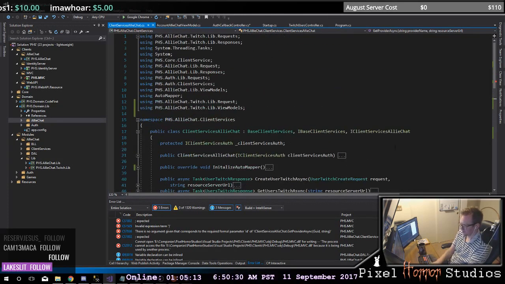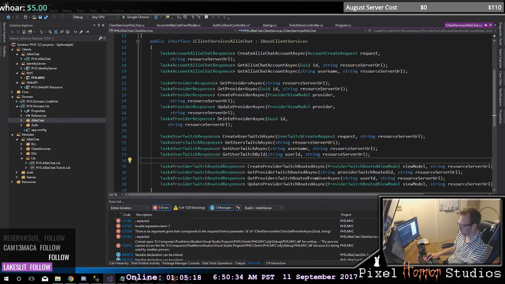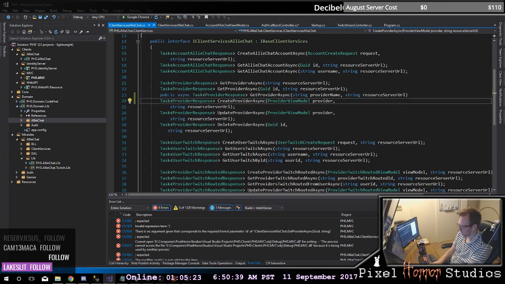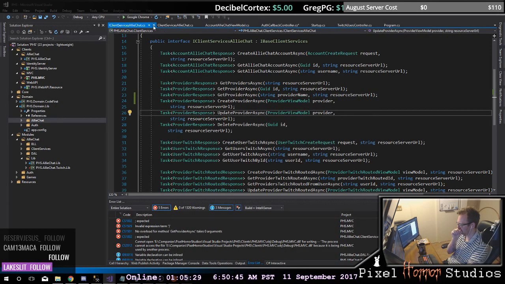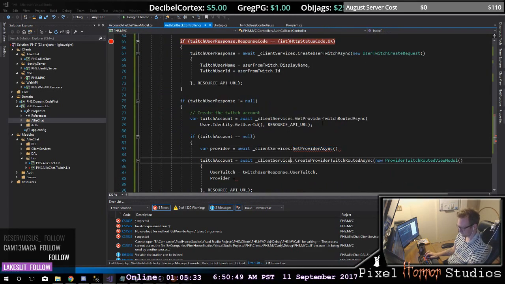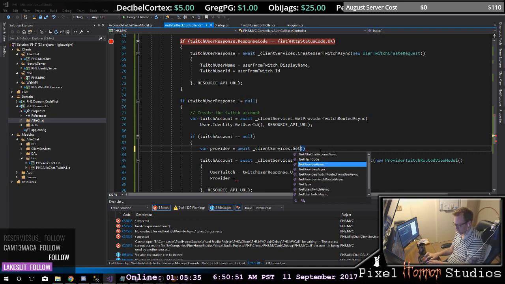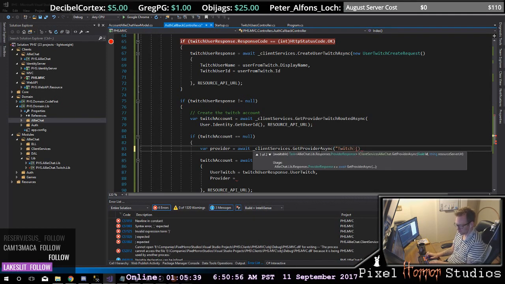And this needs to be up here in the interface. Like that. And we want to get the one that's called Twitch, and my resource server is my